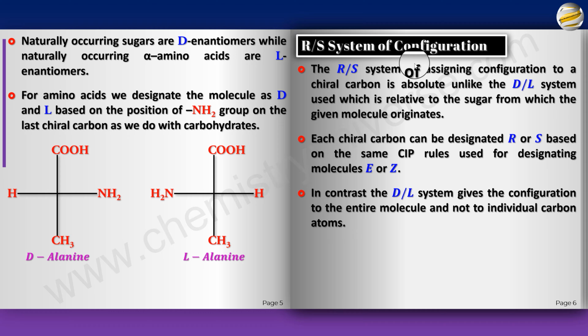So now what we're going to do is look at how to give the configurations R and S depending on various projections. Remember, we saw in the last video various types of drawing the diagram of a molecule. In your exams, you may be asked to designate a molecule as R and S by different projections. You can be given wedge dash, Fischer, Sawhorse, or Newman. So we will look at trying to figure out R and S for each type of projection that we have.